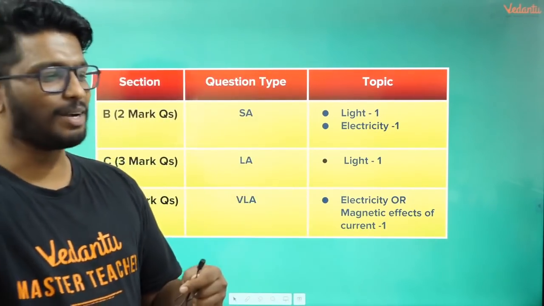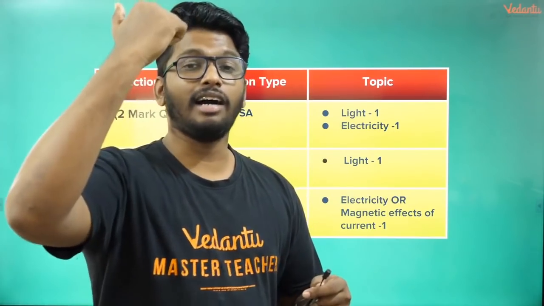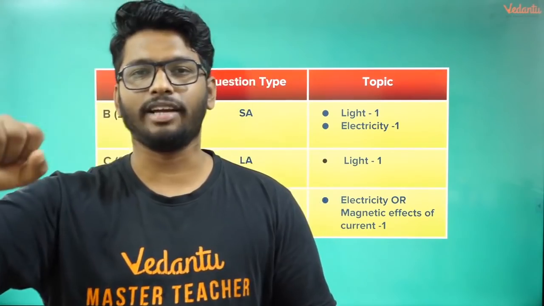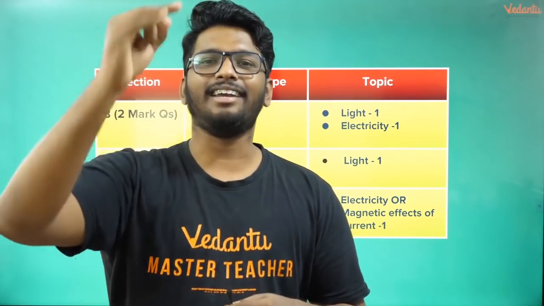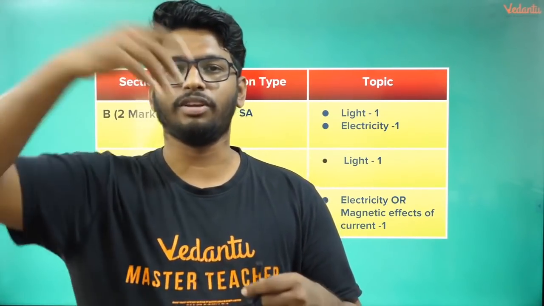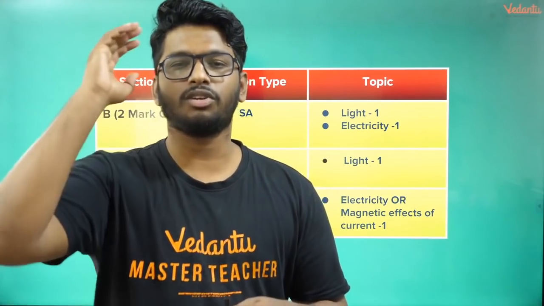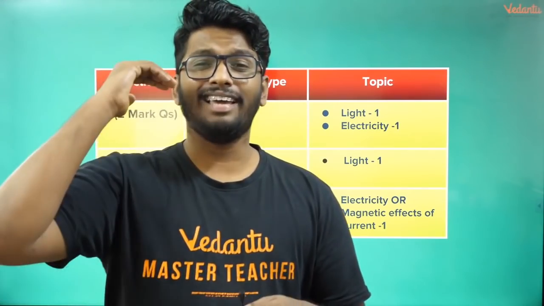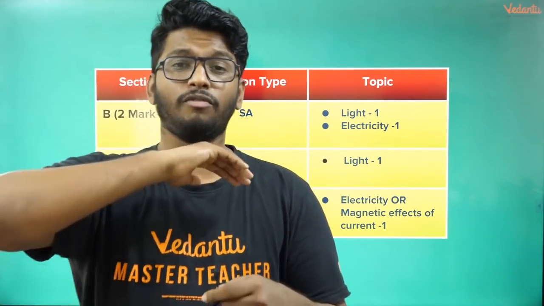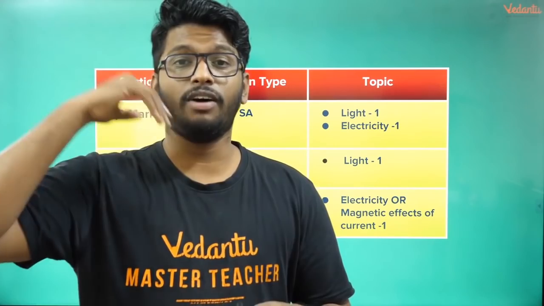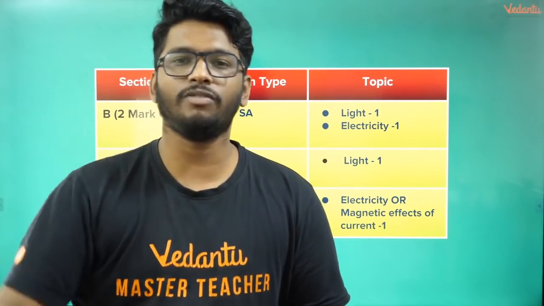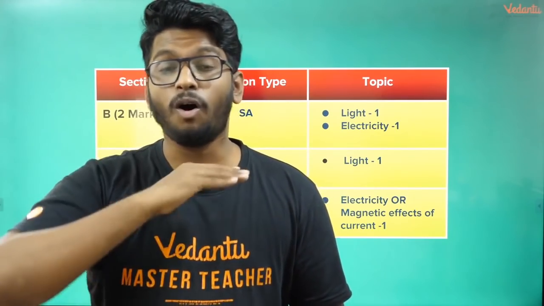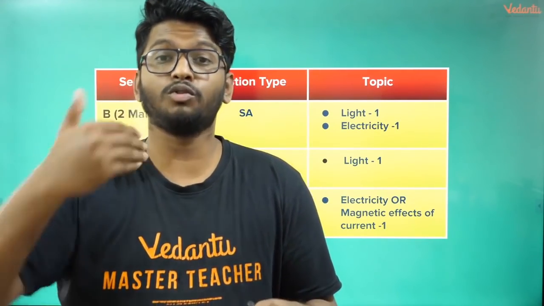Anyways, let's talk about Colorful World as well. Colorful World, again, 3 things, guys. Remember this: scattering of light, dispersion of light, and the applications of those, atmospheric refraction as well. Just remember these 3 things and you're good to go. They've removed more than 50% of the chapter completely: the structure of your eye, the function of each and every part. That is all out. Even the defects of the eye, all of that is gone. So your life has become so much easier.